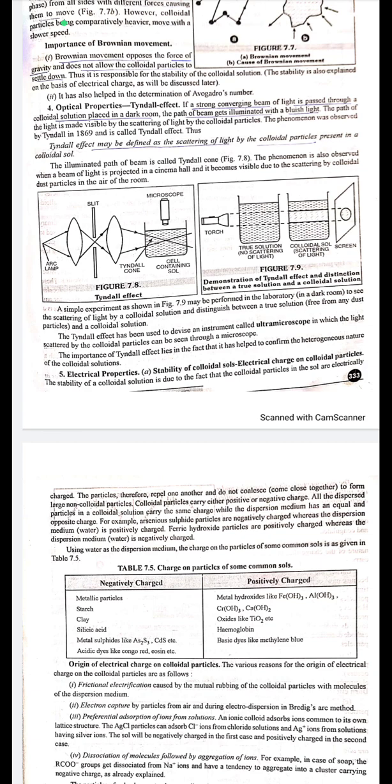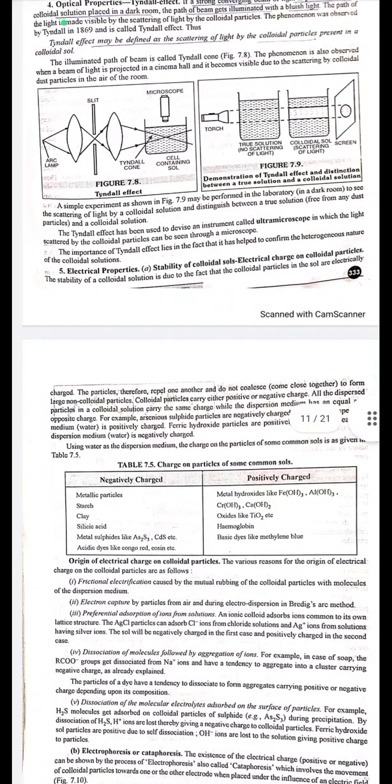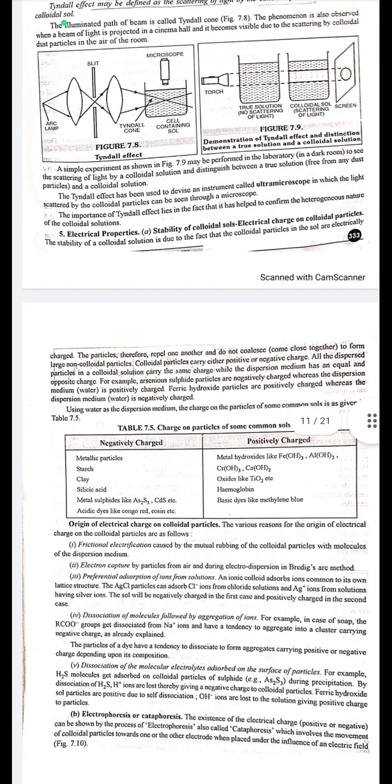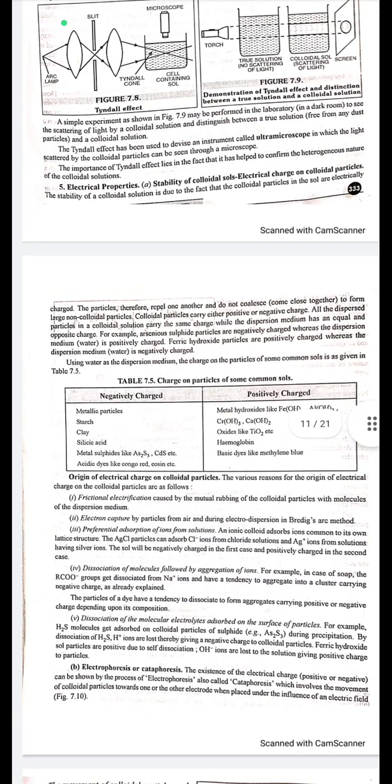A. Stability of colloidal sol, electrical charge on colloidal particles. The stability of a colloidal solution is due to the fact that the colloidal particles in the sol are electrically charged. The particles therefore repel one another and do not condense to form large non-colloidal particles. Colloidal particles carry either positive or negative charge. All the dispersed particles in a colloidal solution carry the same charge, while the dispersion medium has an equal and